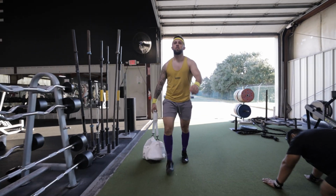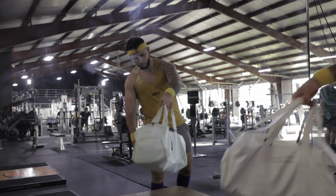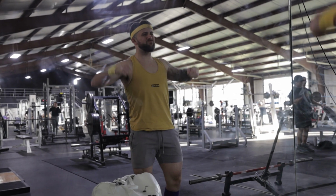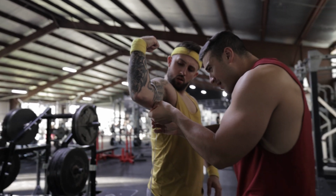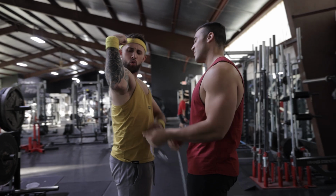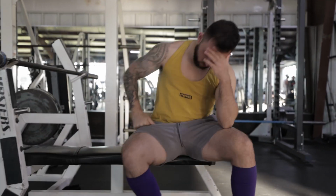One of the most demotivating things that can happen in your bodybuilding journey is the feeling that you're not making any progress. You've been working out pretty consistently, but you just don't see the changes in the mirror. It feels like you've been in maintenance or even a slight decline for months, if not years. If this persists without being resolved, it can take you out of the game and make you give up on